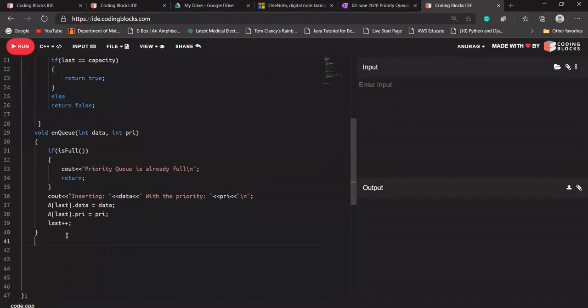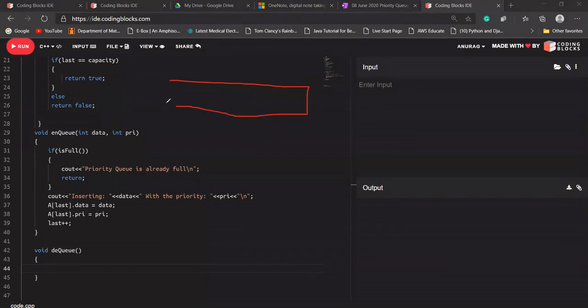Okay, now we are going to design our DQ function. In the DQ, what we are going to do is first find which value has the highest priority. Let's say we have data, because it will be an array, and it will have two values at every index.